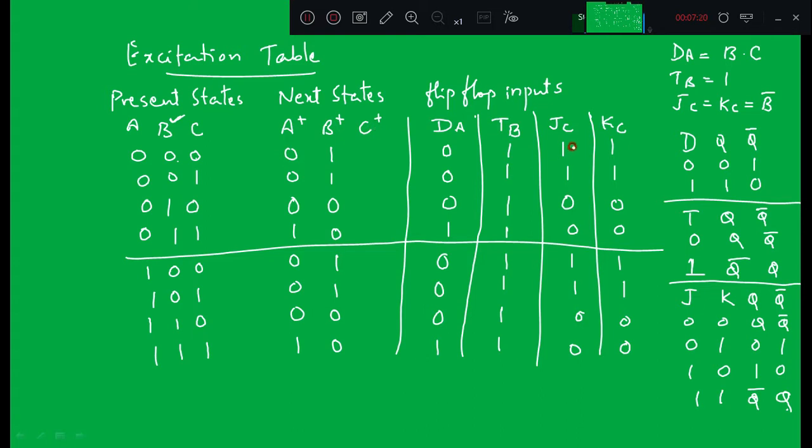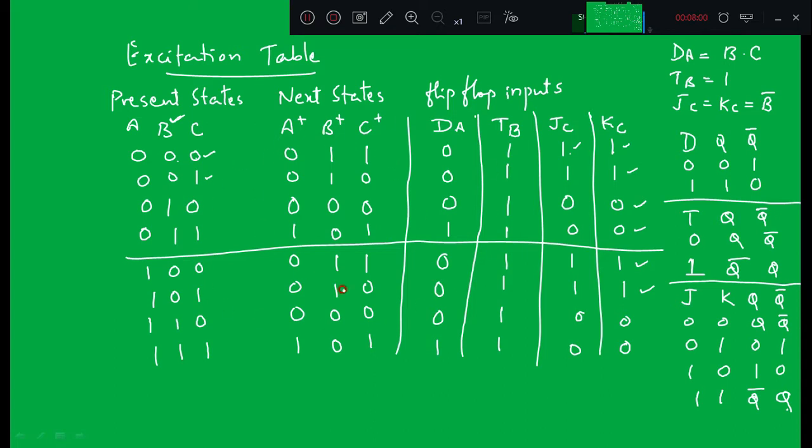Next, C plus, we are going to check both the values of JC and KC. If both are high, C value toggles. If present state is 0, next state will be 1, right? So again 1. If present state is 1, next state will be 0, right? Next, JC KC both are 0 0 for these two combinations, so C is going to remain as it is. Okay, so C plus is 1 0 0 1. Next, this is 1 1, C value is going to toggle, right? 0 1 1 0 you will get. For 0 0, it is going to remain in its present state, that is 1 0 0 1, right?